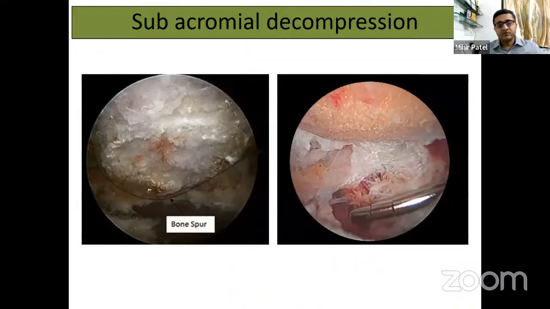So what we do is we also remove any spurs from the undersurface of the acromion, which is basically called an acromioplasty. The aim of this is typically converting a type 3 or type 2 acromion to a type 1, as per the needs of the theory. So we remove any bony spurs which can cause damage to your repair. And also it is believed that when you do an acromioplasty, you have these stem cells or bleeding points coming,